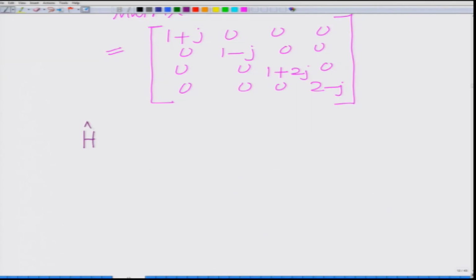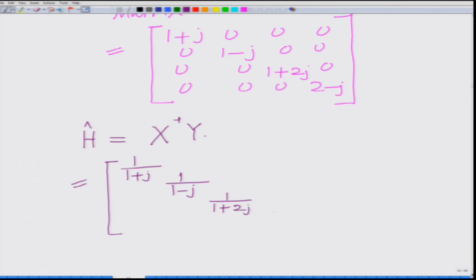are given by basically the pilot matrix X inverse times Y, right. We derived that formally: because X is a diagonal matrix which is invertible, this is simply the inverse of X times Y. So, therefore, H hat equals X inverse times Y, and X is a diagonal matrix. So, the inverse is simply the inverse of each of the diagonal elements, that is the reciprocal of each of the diagonal elements, 1 over 1 plus j, 1 over 1 minus j, 1 over 1 plus 2j, 1 over 2 minus j,